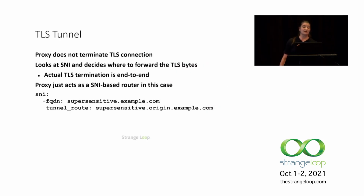So that's delegation. The other option that we have is TLS Tunnel, which isn't really proxying. It's really just routing. But the motivation here is that there are certain requests, for example, that are supporting PCI or SOX compliance that really we do not want to terminate on our edge, because that means that we would have to go through and do PCI compliance checks on our edge, and that seems like a really unwise thing to do. So in that case, we can set up our SNI policy to say, for supersensitiveexample.com, just route all the connections to